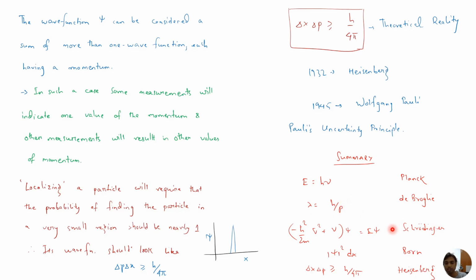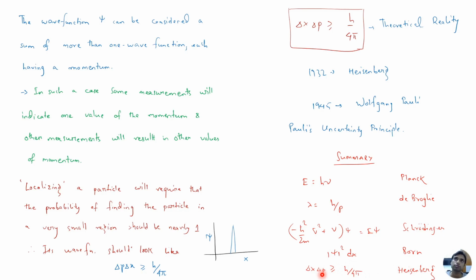Schrodinger told about what the energy states or the wave functions will look like, and this wave function psi has a probabilistic interpretation, which was given by Max Born. He said that psi mod square dx is the probability of finding an electron between x and x plus dx. And the last important contribution is from Heisenberg,